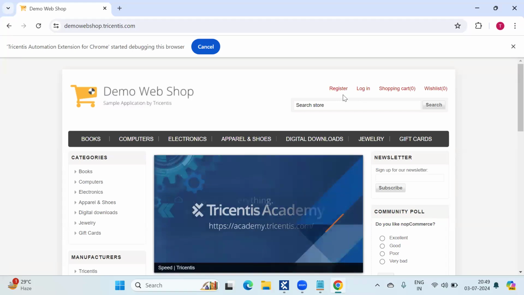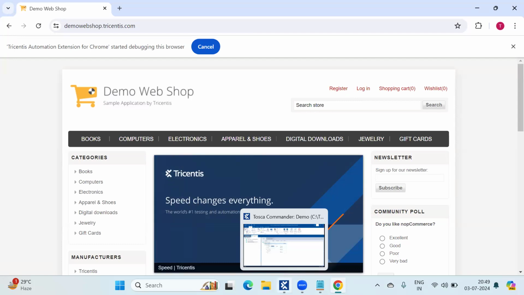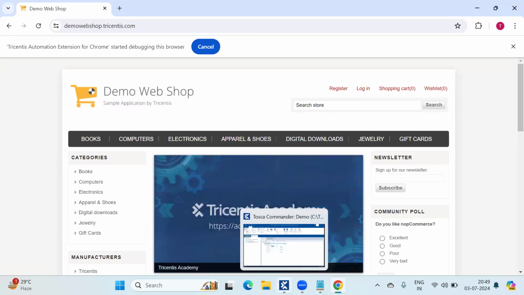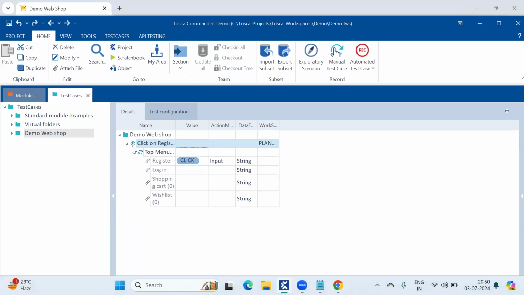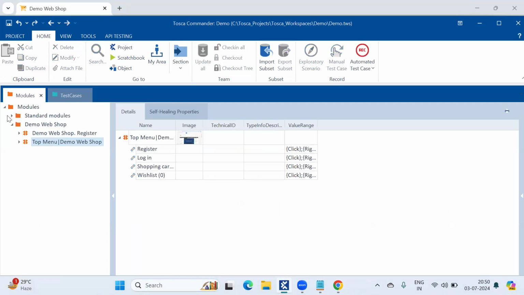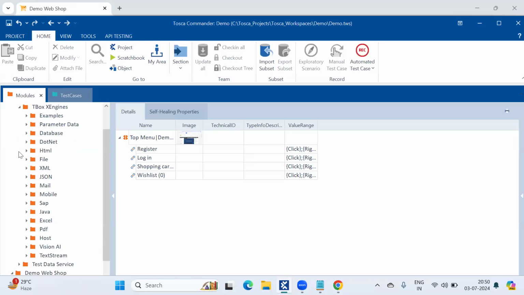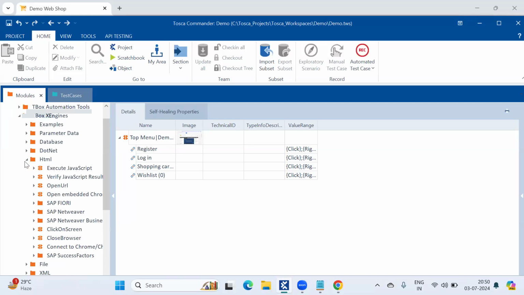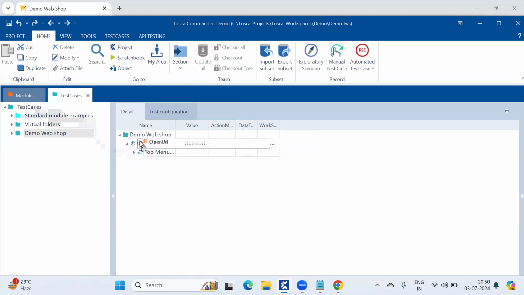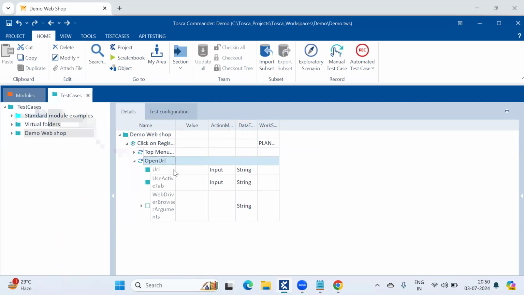So do we have code to open a browser window and click on the URL and all? Yeah, if you want to open any URL, you want to know how you will give the URL code, right? See, we will have the standard modules. Yesterday, I asked you to click on that standard template, right? So that you will have the standard modules here. Okay, these are all the standard modules. If you want to open a URL, you will have a standard module called open URL. If you drag this one and drop it in the test case level, it will be open. Whatever URL you want to give, you can give here.